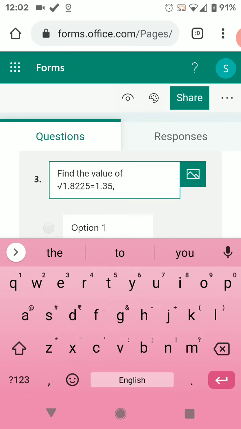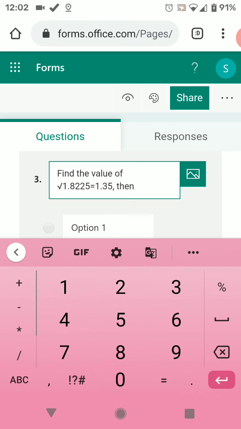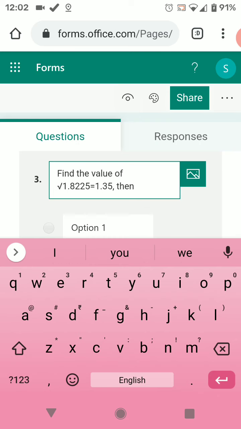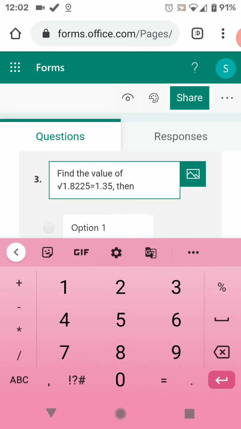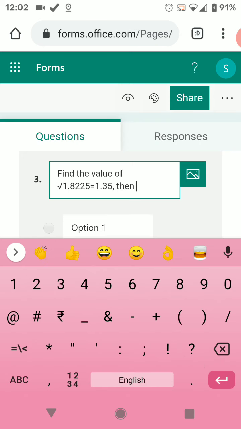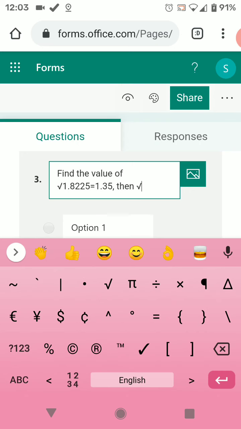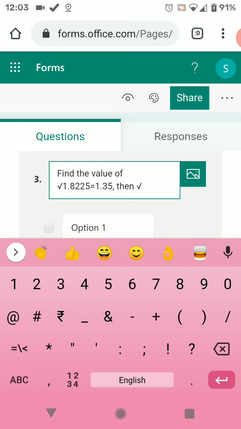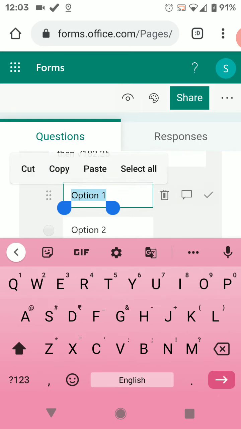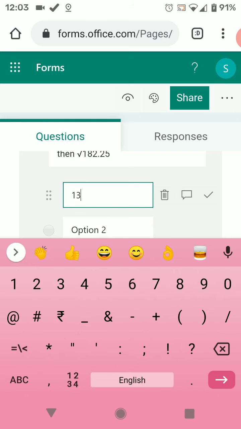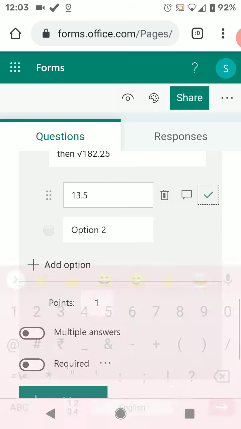then find root 182.5025. Now I am giving the options here. 13.5, it is the correct option.